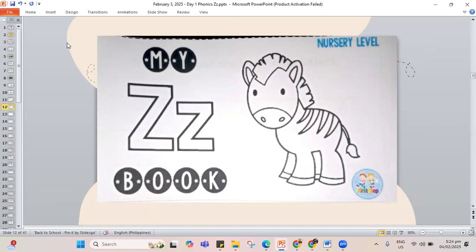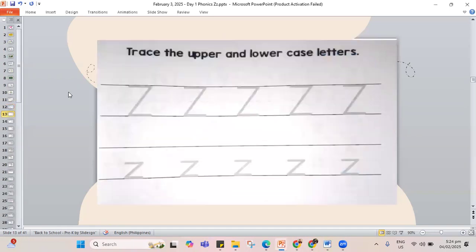But if I move the slide fast, and if I finish fast on this video, again, pause the video, play it again once you are done. So we have our zebra for our letter Z here. You can color for this zebra, and you can also write your name here so that we will know it is your work. I'll jump to the next page, and this time, how about we trace for our capital and lowercase letter Z? Capital is also uppercase, okay?